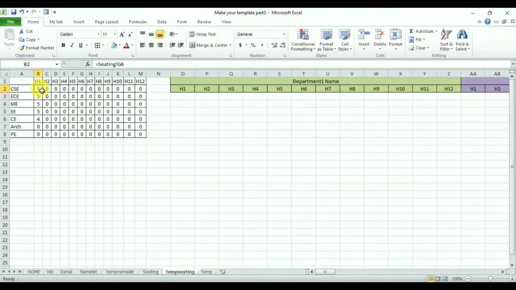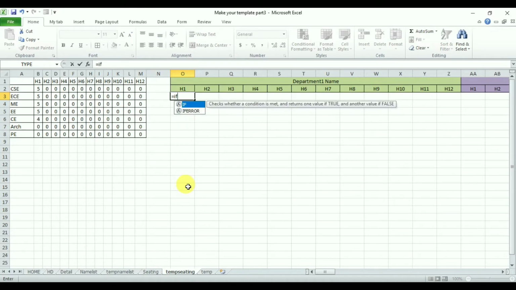Since I have linked the B2 to B8 to that first hall, all the values which I have entered there have appeared here. Now we are going to allocate the students based on the count which we have given. So use the IF formula, and I'm going to use that formula to bring the first 5 students to the hall 1. So I have given it as 5 CSE students, and I want to bring all those 5 CSE students to the column O. So if 5, that is the B2